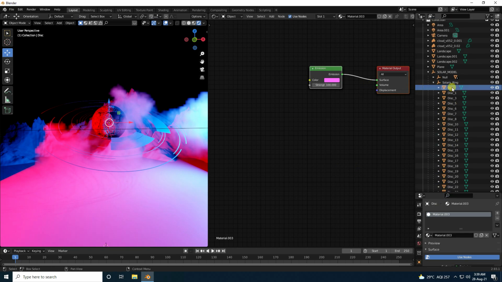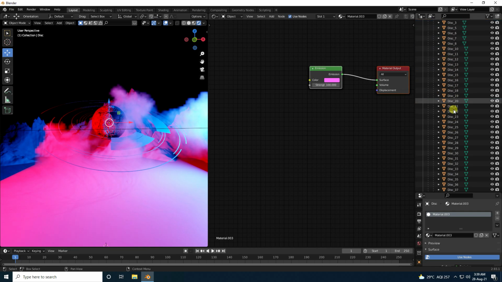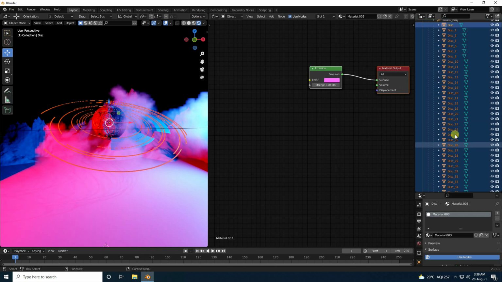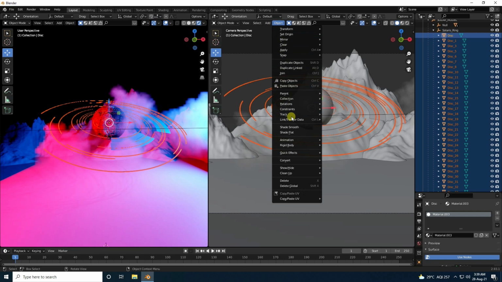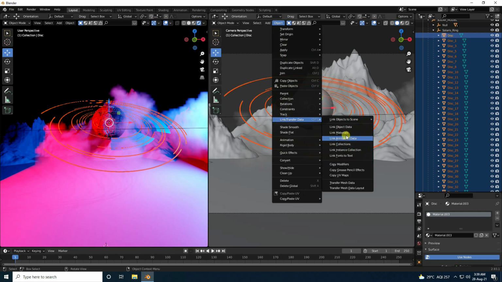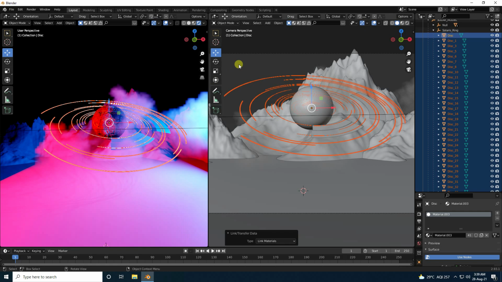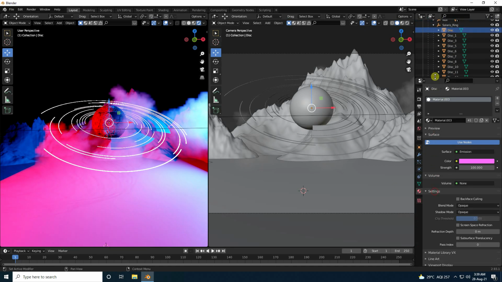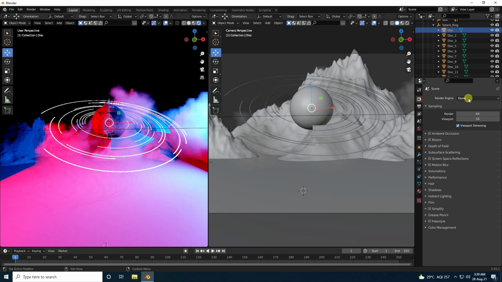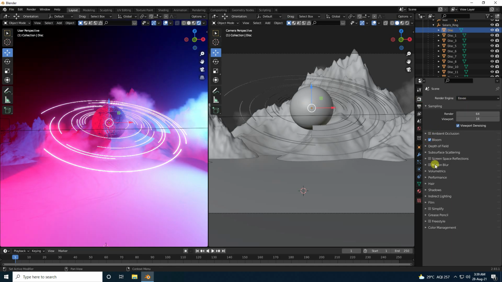Now I apply this same material to all the ring objects. So select this first one and select all, right? That's my ring. So guys, go on here to object, go to link, use link material. Yeah, right. Okay, so now guys go on here. Yeah, strength is good. And anyway, guys go on here, render setting, bloom power, ambient occlusion check, and render